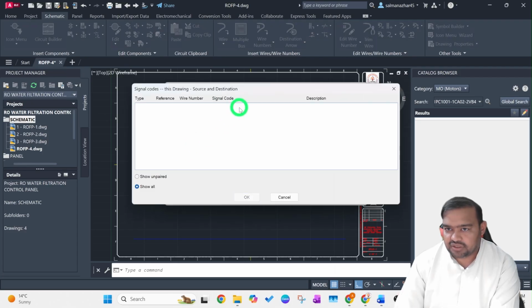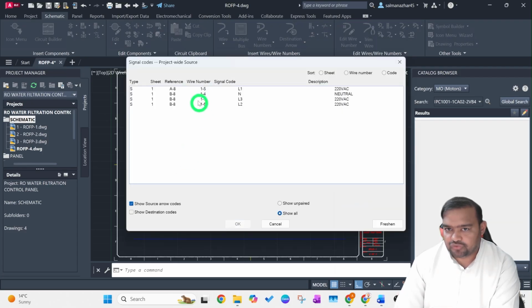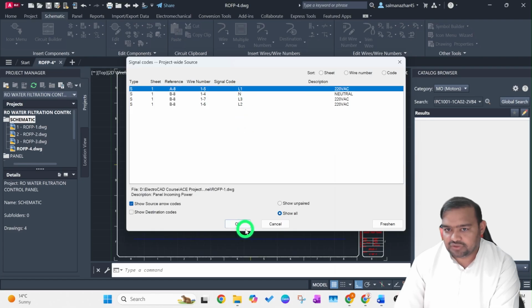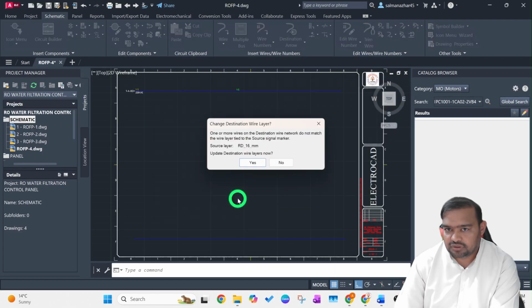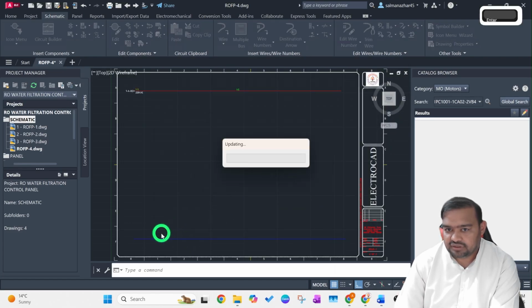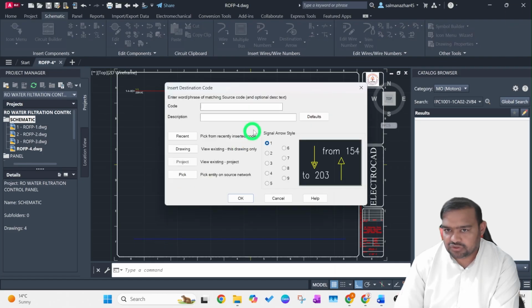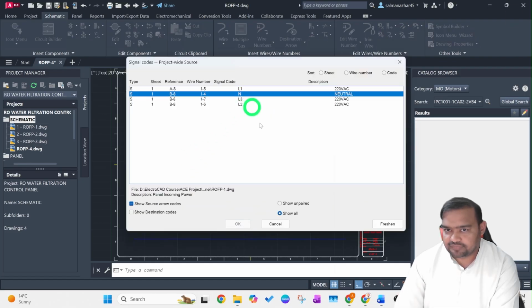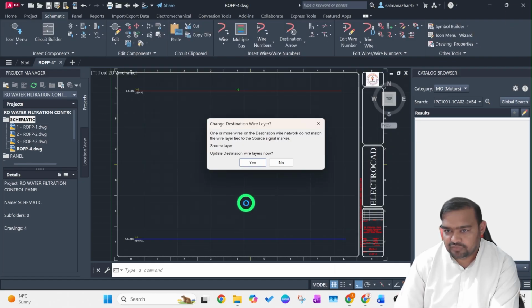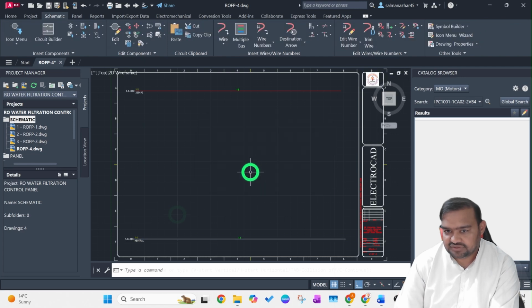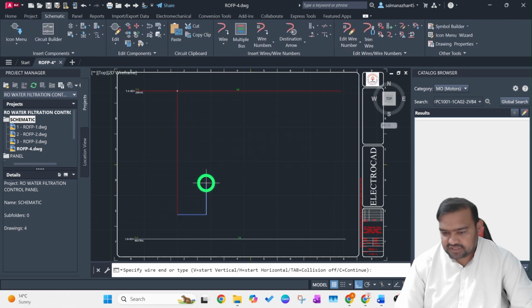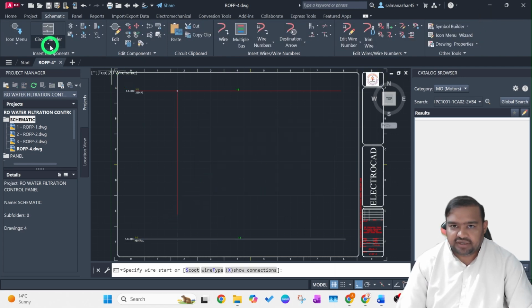Here, drawing and now drawing from project and give L1 to this one and neutral to our this cable. Okay. Yes. Single line and